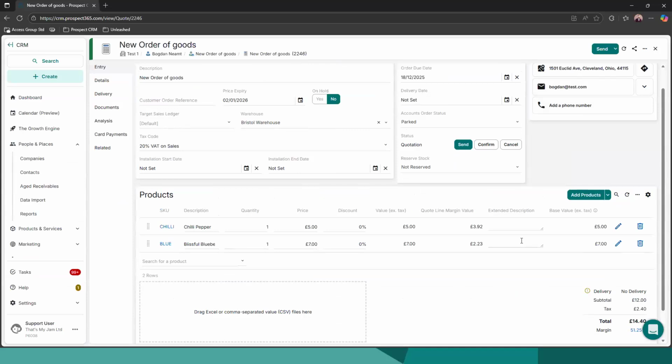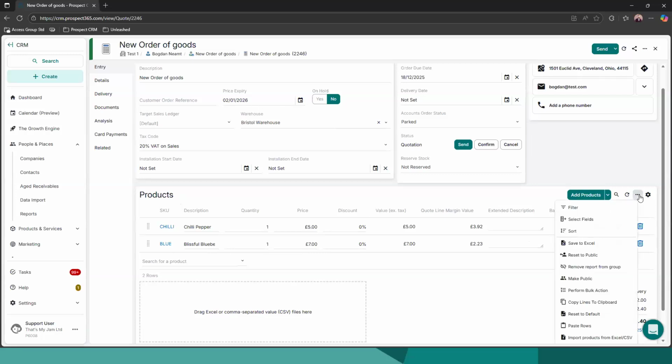The last way, you can drag and drop an Excel. Your customers might provide you with a list of the products they want to purchase from you with the desired quantities and in the CSV Excel format. You can simply go on the product lines, the three dots, and we have import products from Excel CSV. By clicking on this button,